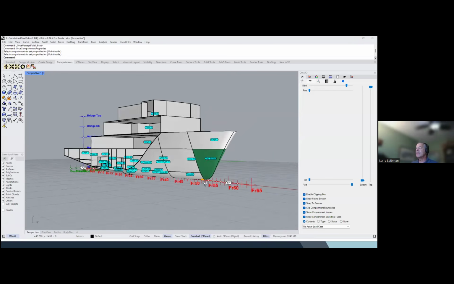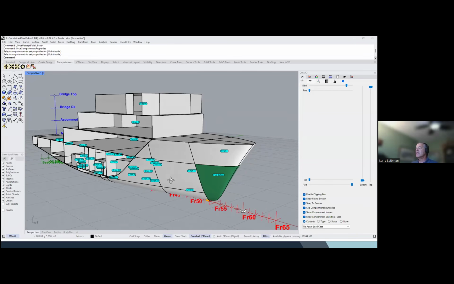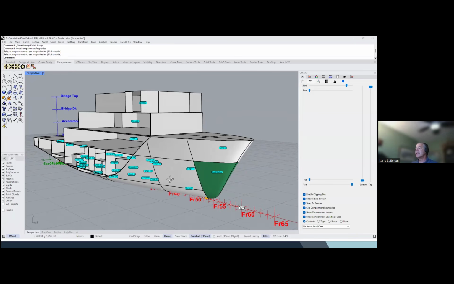So that tank is now showing the color of that fluid. And you can easily adjust that as needed on a case-by-case basis. Another example, I'm going to select, this time, two compartments,